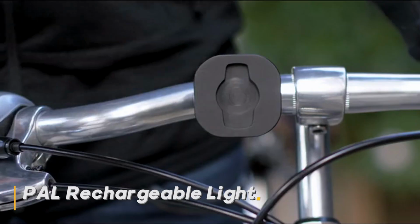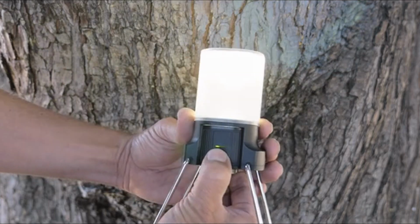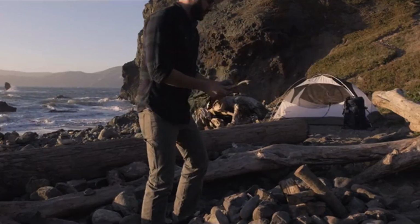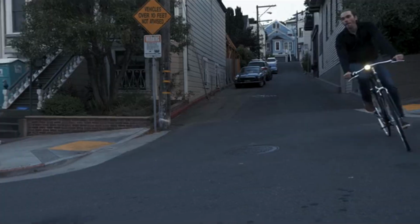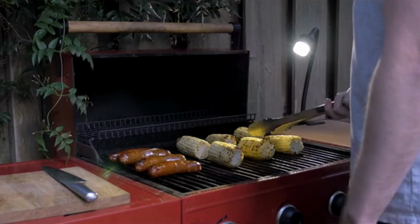Why fumble with batteries when adventure calls? Meet your new favorite light, PAL. Rugged, versatile PAL outshines the competition with always-ready power and brightness that pairs perfectly with accessories. Crank out 350 lumens in spot or flood configurations from its dedicated easy-access buttons. Water-resistant and built to survive life's bumps and bangs, PAL handles family camping as adeptly as extreme backcountry treks thanks